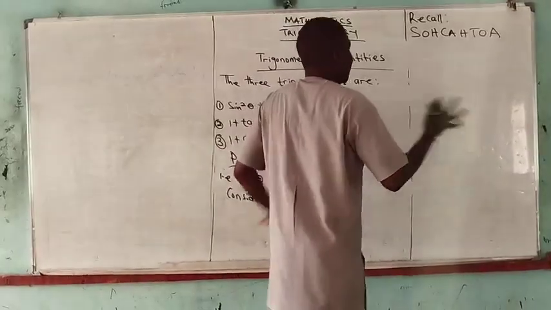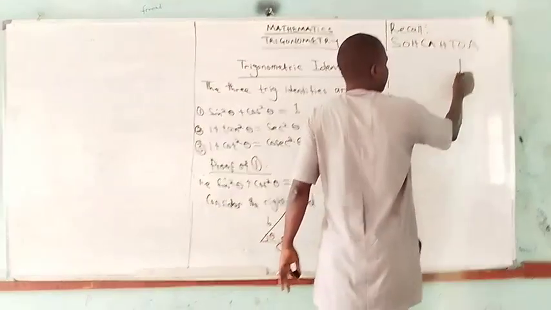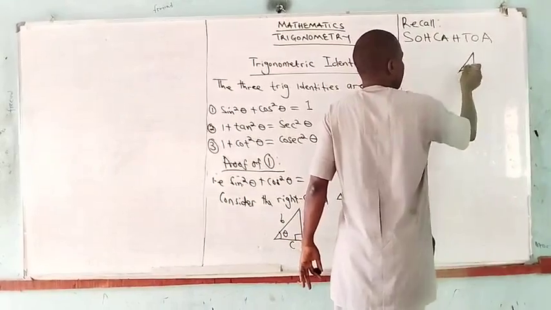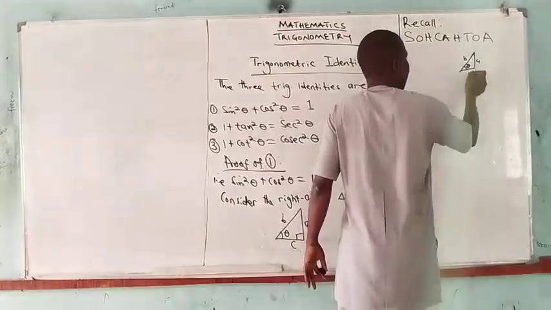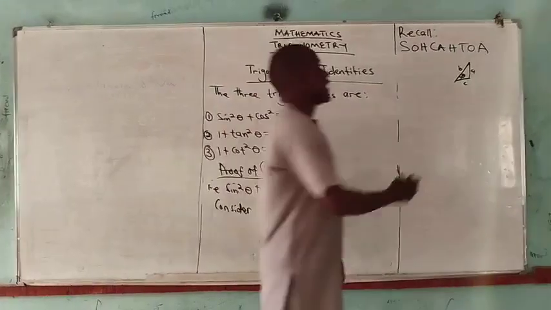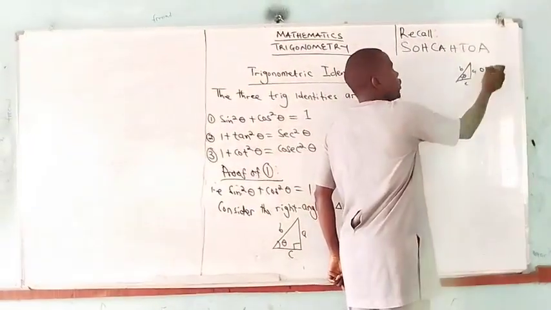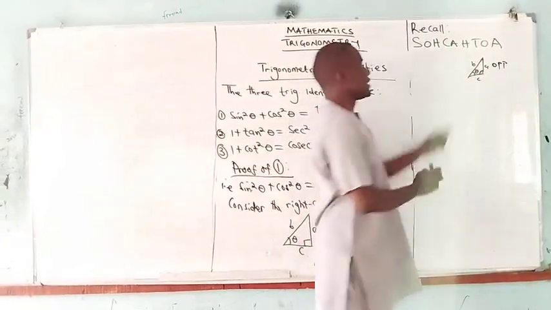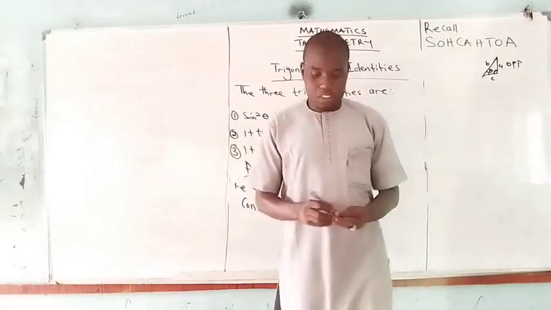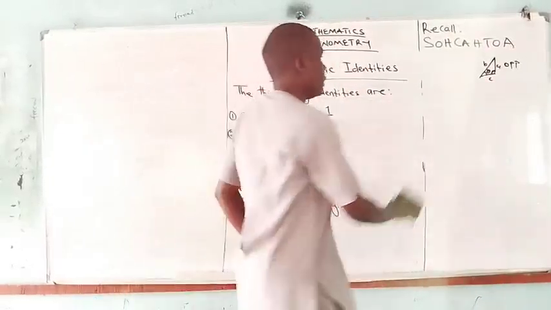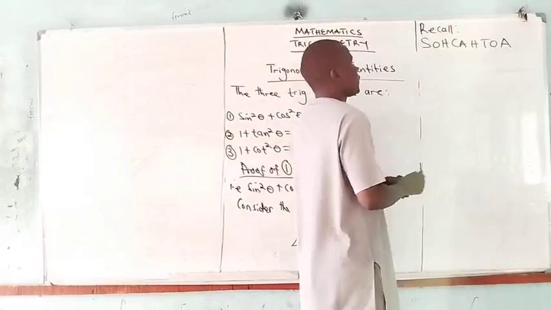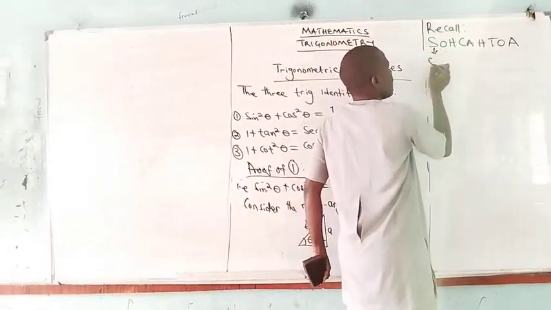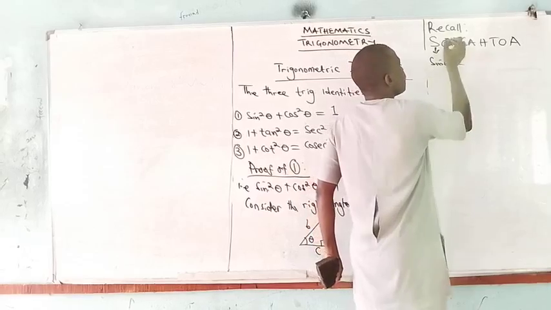So if you have any right angle triangle, let's say this. This is theta, this is B, this is A, and this is C. This side is the opposite, because this is the side facing the angle theta. This one is very important, please. Sine theta is equal to